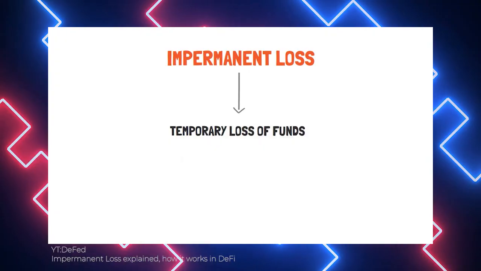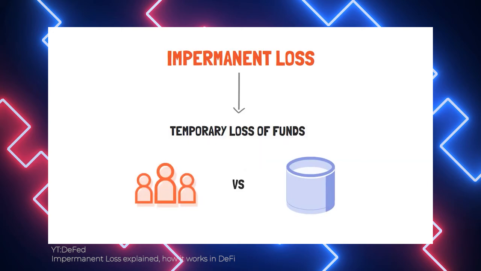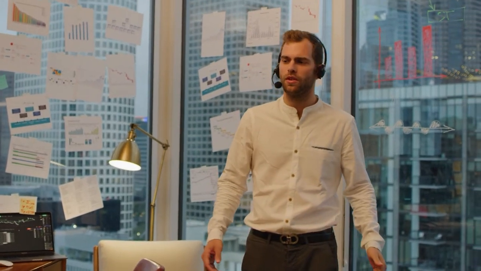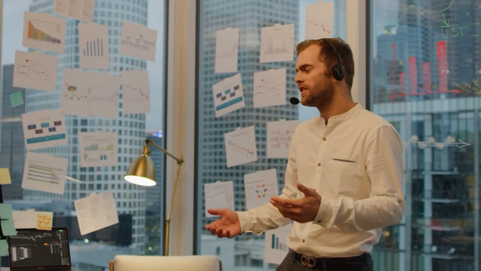Impermanent loss is one of the fundamental concepts that anyone who wants to provide liquidity to automated market makers should understand. If the price of the deposited assets changes since the deposit, the liquidity provider may be exposed to impermanent loss. Now you should have the appropriate information to make profitable investment decisions when you're looking at providing liquidity to any sort of automated market maker. And now you'll be able to see if it is a profitable venture for yourself.